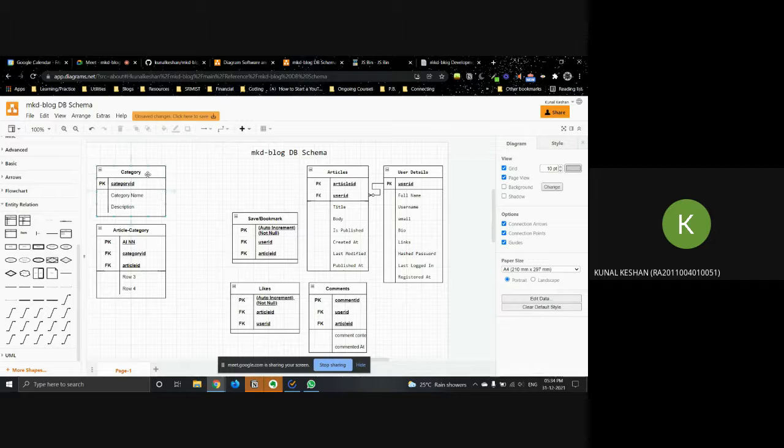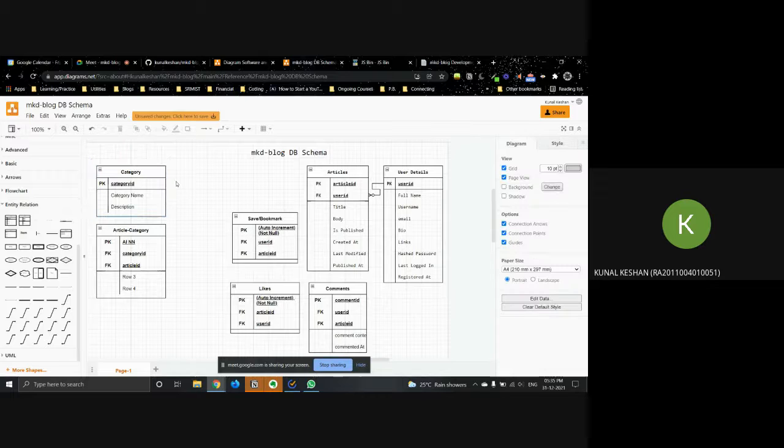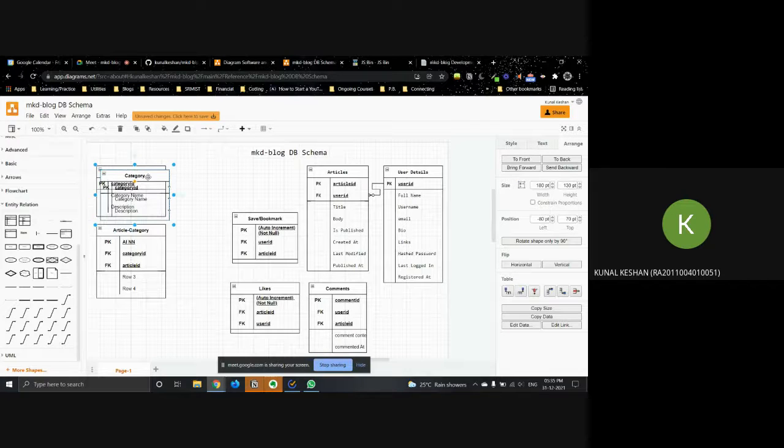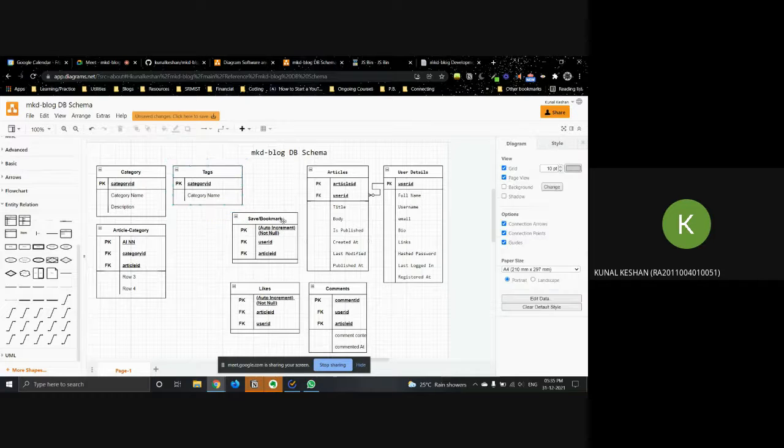Similarly, in a technical article, I might have tags. Tags in the sense, this article is about JavaScript and about promises, async await. So those are tags. So I can have a table for tags also. Tags, and in this case, I won't need a description.